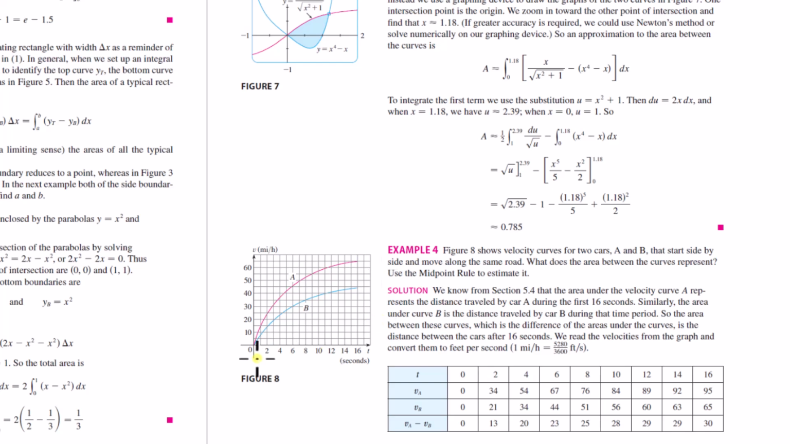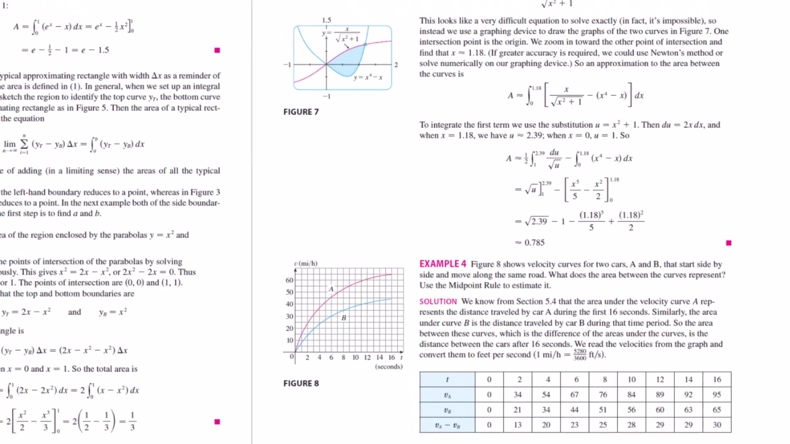So they're saying do this numerically. So you set up the Riemann sum using the midpoint rule, but for the area between the 2 curves. And they're just asking, okay, what does the area between the 2 curves represent? This is the velocity for 2 cars A and B that start side by side and move along the same road. And so